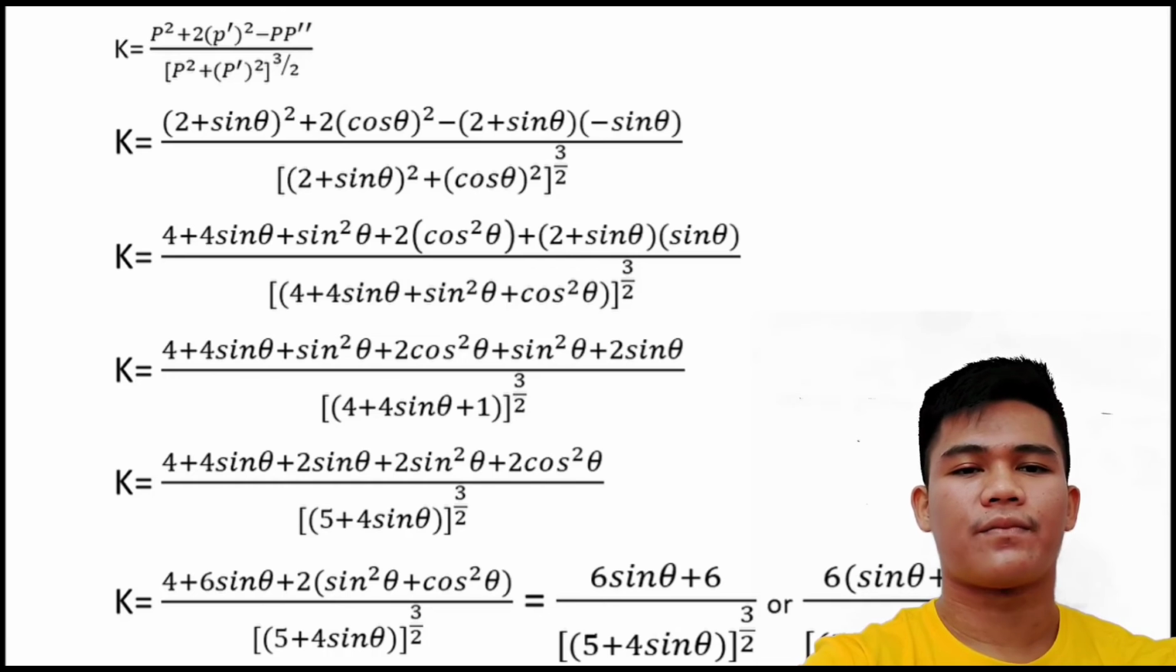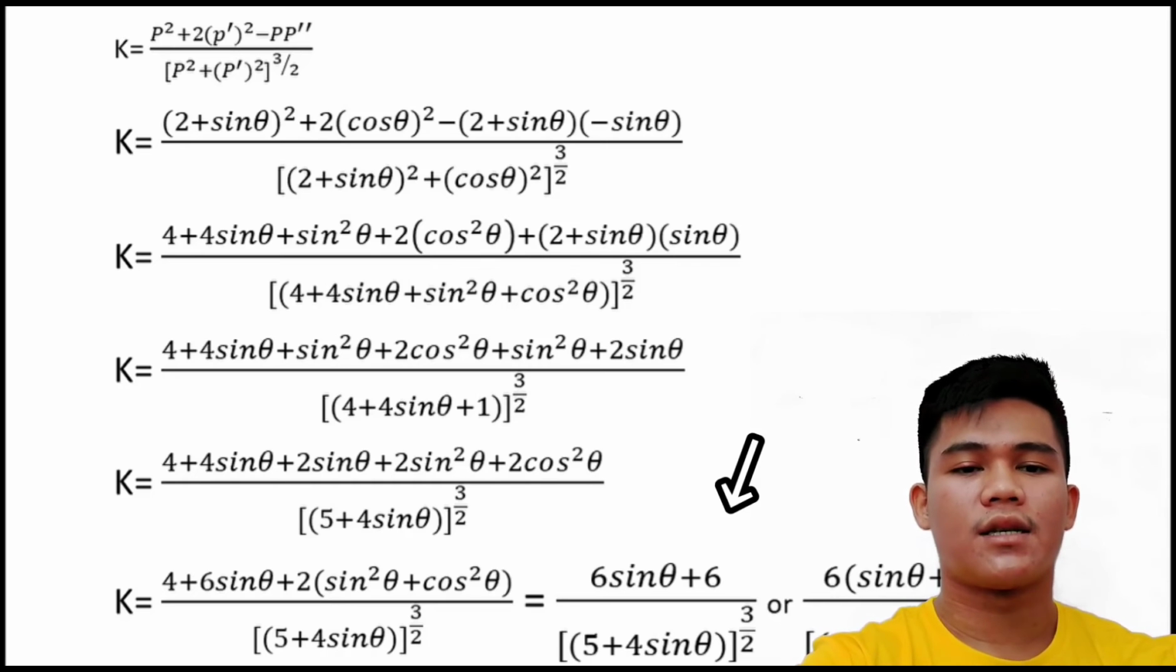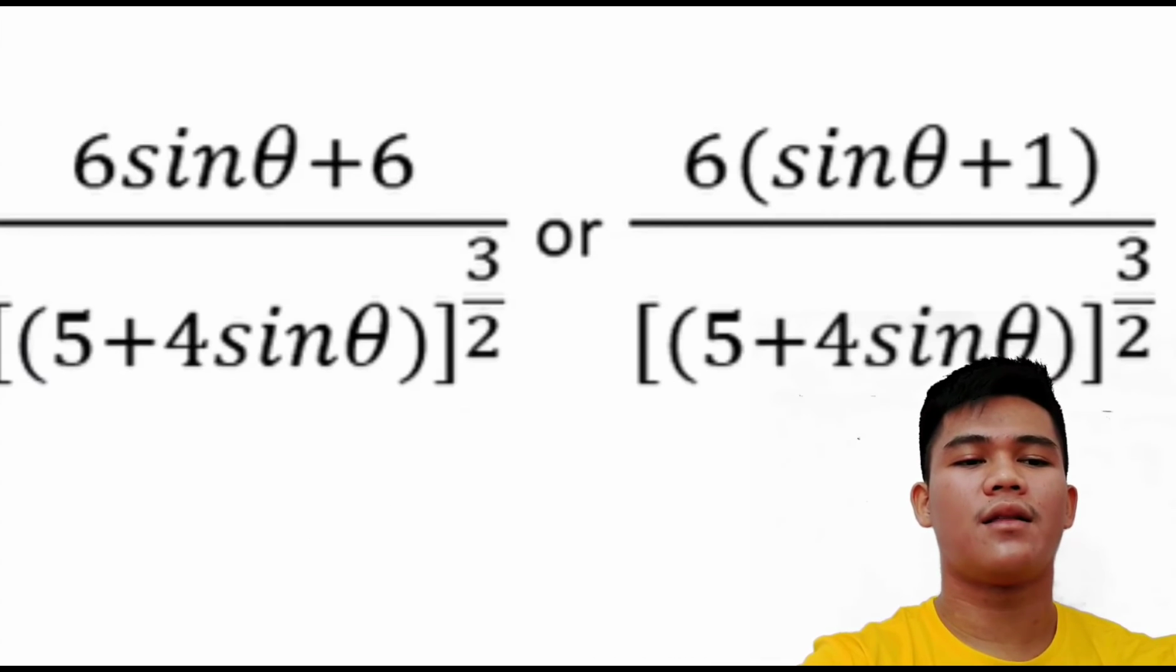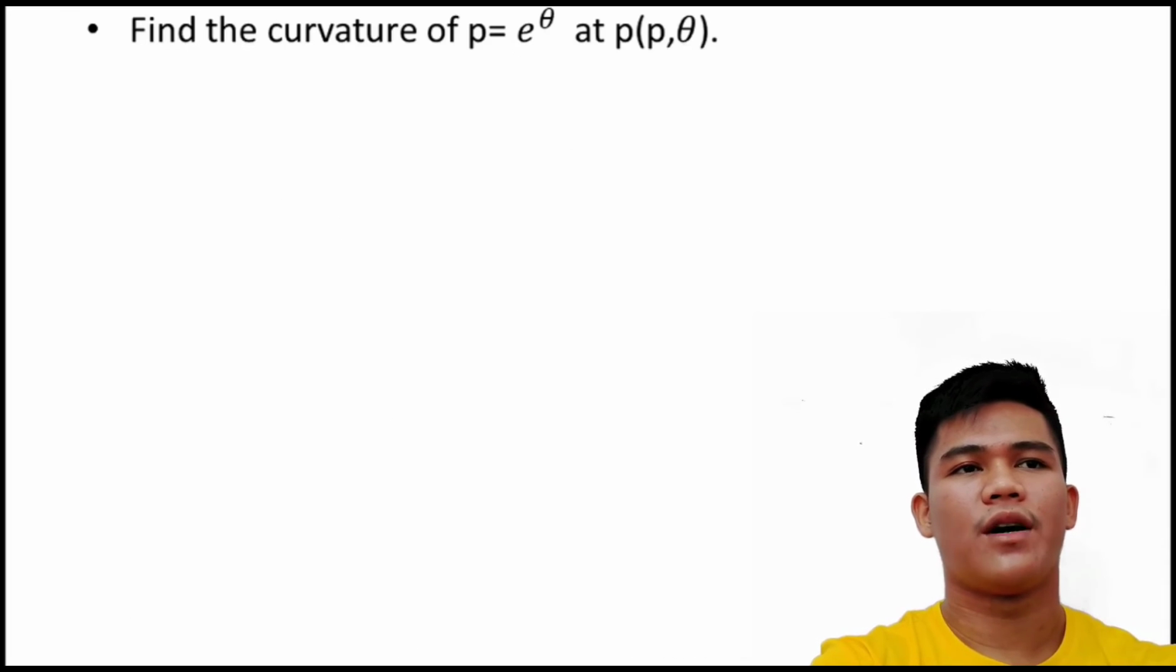So we just have 6 sine theta plus 6, over 5 plus 4 sine theta to the power of 3 over 2, or the final answer is 6 times sine theta plus 1 over 5 plus 4 sine theta to the power of 3 over 2. So that's all for this example. And next example, we have